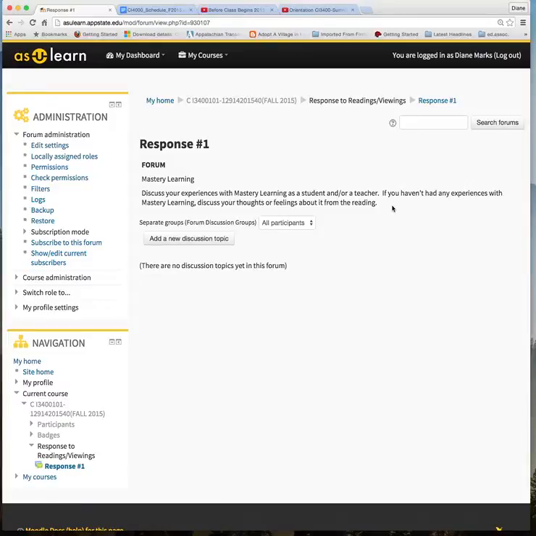Then, once everybody has responded, you'll go back and reply to 2 people in your group. Those replies should also be a way that you move the discussion forward. It might be that you notice something in their post that really resonates with you and you want to talk about an experience you had, or they say something that you have a question about. So that's what I'm really looking for. I'm looking for real authentic discussion here. So no, there's no word count, nothing like that, but I am looking for good discussions.